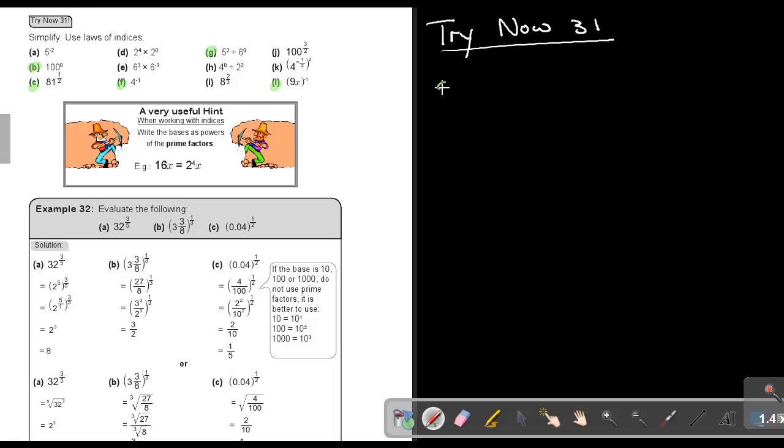Okay, number G. So 5 to the power 2 divided by 6 to the power 0. So let's just work it out. 5 times 5 is 25. Anything to the power of 0 is 1. So 25 divided by 1, the answer will just be 25. And then number L,